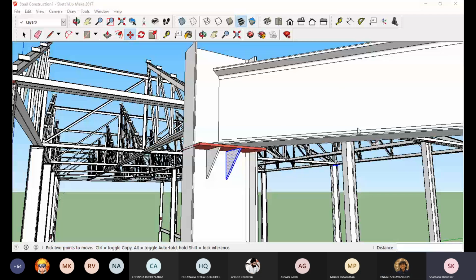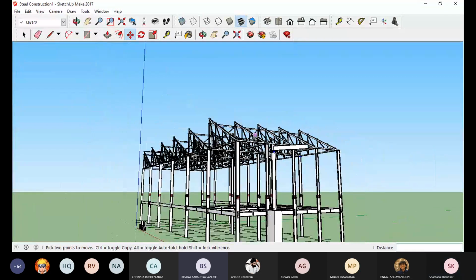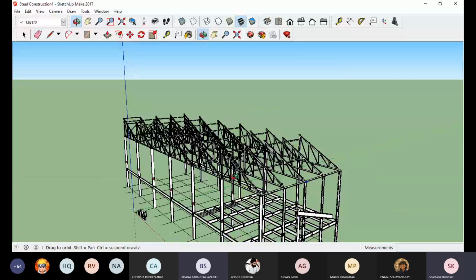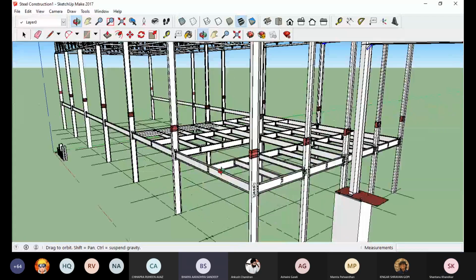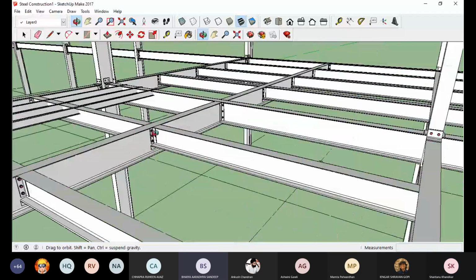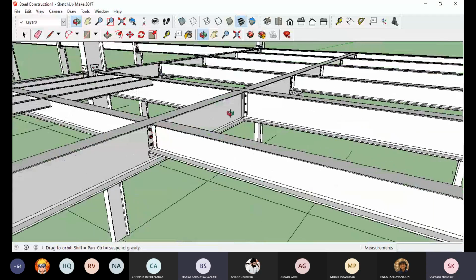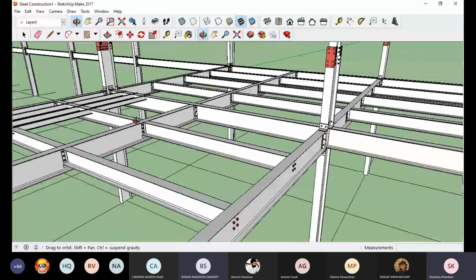Any more questions? Doubts? Shantanu, can you please change your view so that the beams of the mezzanine are clearly visible? I had a doubt over there. Here the secondary beams are cut into two because of the columns, the primary beam. What's happening at this middle part where there's no column in between? No, here they are resting on the secondary beams.